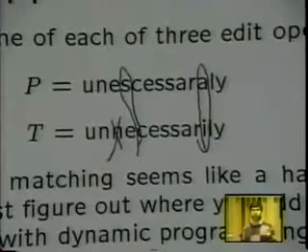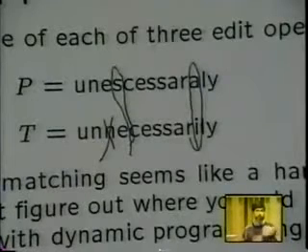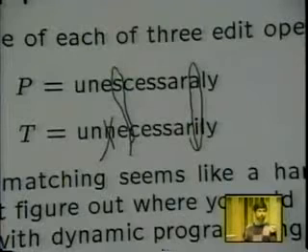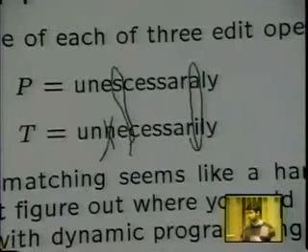So the hard part is, now, how do we find that these are the right things to do? Okay? You might say, well, match them from left to right, and when you see a difference, just delete the character, or change it, or something like that. Well, you don't know that the local change you make is necessarily the best possible change. Question? Just assume that P is very close, but not quite the same as T.